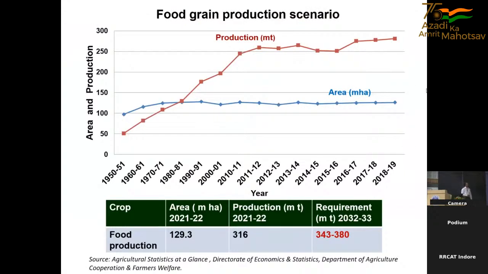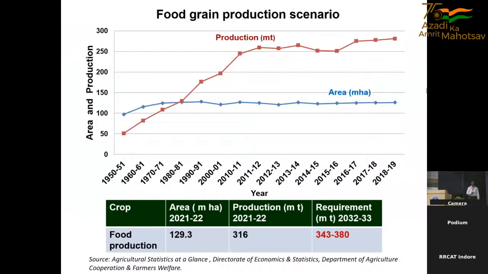phase with the population. So if you see the food production in the 1950s, our food production was only 50 million tons. But see today, we are around 300 million tons. Such a jump has been done over the period. But if you see the area available for cultivation, it's only 140 million hectares, which was available at the period of 1952 till date. That is, there is no scope to increase area of cultivation, but you have to ask